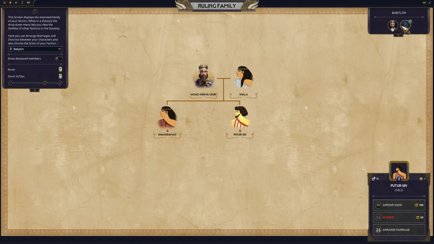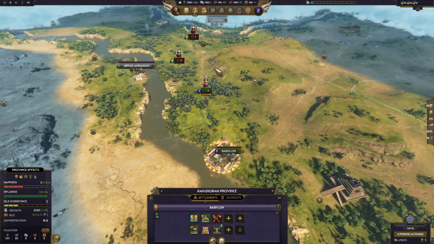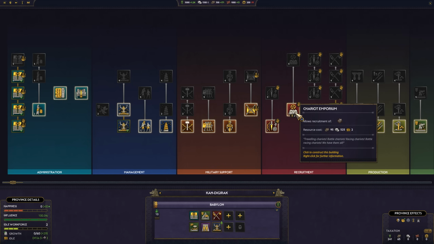This is going to provide us with a great lineage that we can try and preserve and actually utilize for the good of our empire, basically, which is really awesome. Now, Babylon has some building slots. They actually have quite a few building slots that we can fill up. Right now we have a native muster field, which gives us our Akkadian farmers, but those are the only units that we can technically